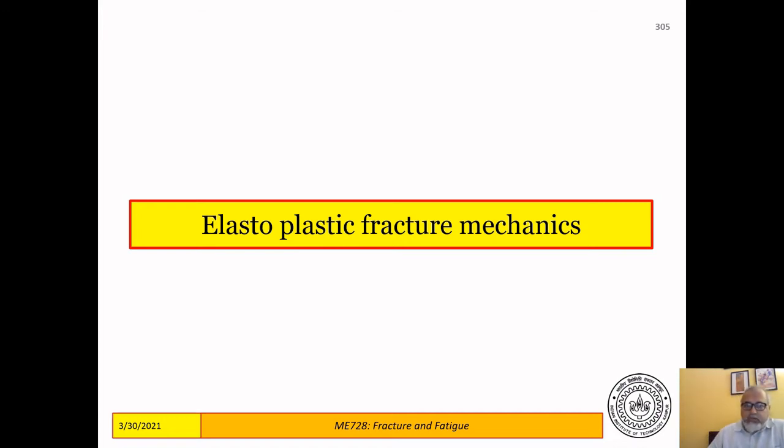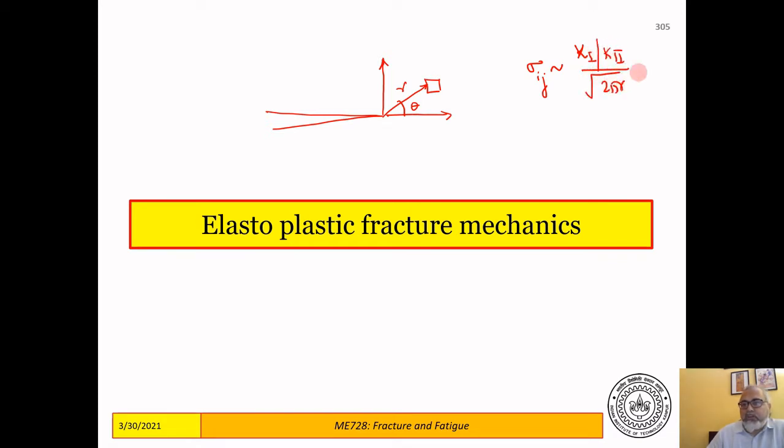Okay, so in linear elastic fracture mechanics, we started with the Williams solution, and the Williams solution told us that if you have a sharp crack, then the stresses ahead of the crack at a small distance r at an angle theta, stresses in this small pillbox, for example, are given by sigma ij equal to k1 or k2 by root 2 pi r and an angular function of theta, and the displacements at the same point are given as k1